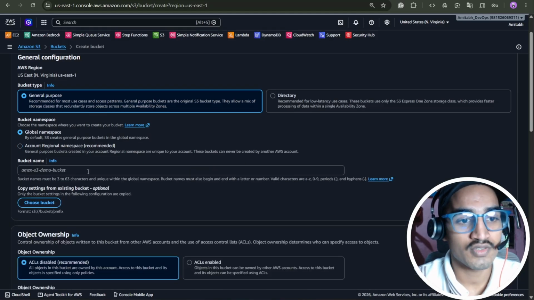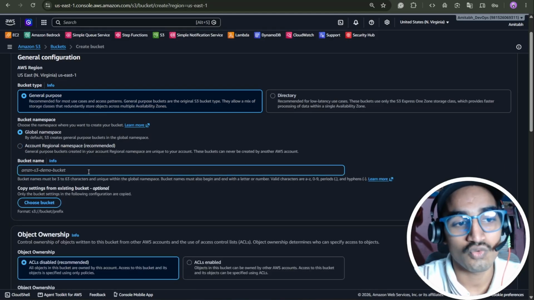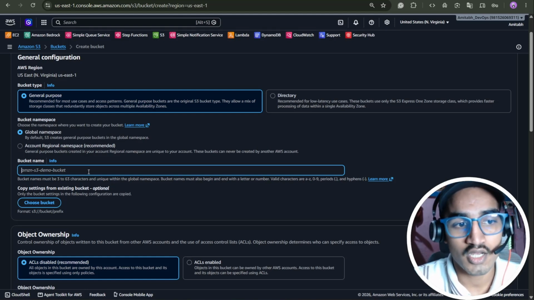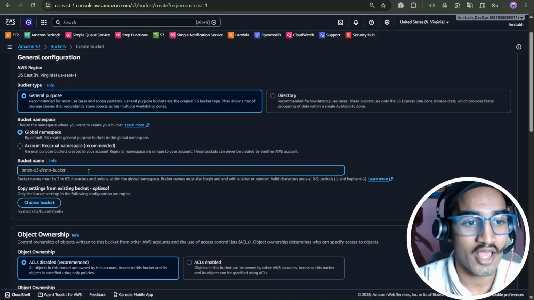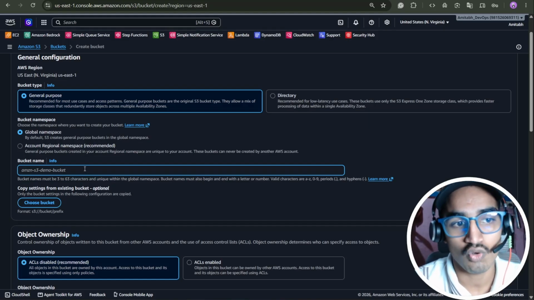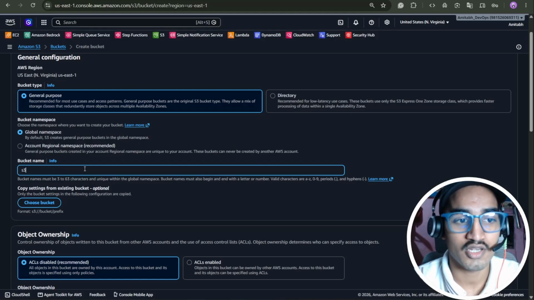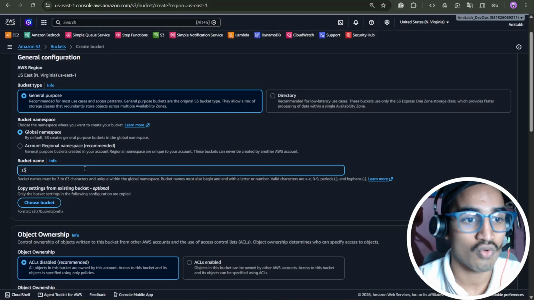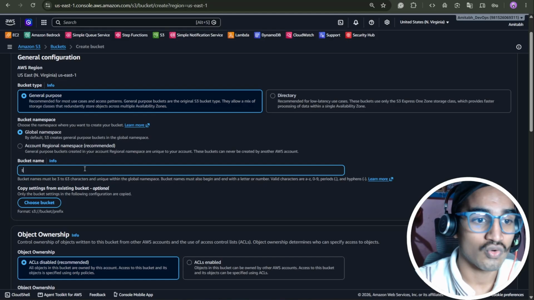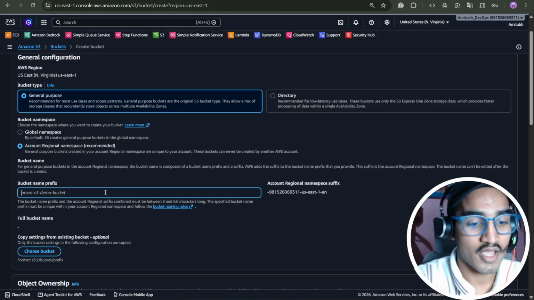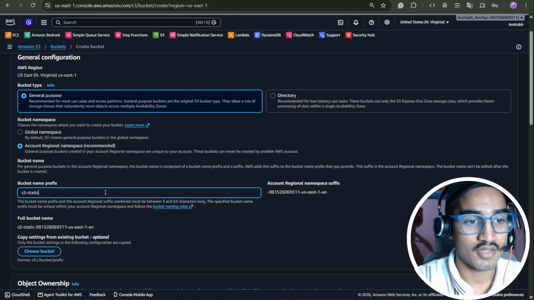If you use the global namespace, you have to make sure the bucket name is unique across the entire AWS, because it is a global namespace, and all AWS accounts and all AWS regions should have unique S3 bucket names. If you select the global namespace and write, say, S3, it cannot be S3 if someone has already created that name in any AWS account and you don't know who owns that bucket. So it's recommended to use the account regional namespace, which will provide the name if it doesn't exist in your account. So we can name it S3 static web